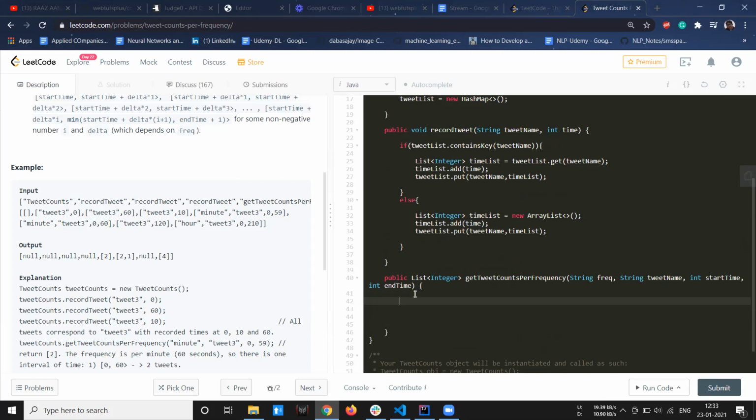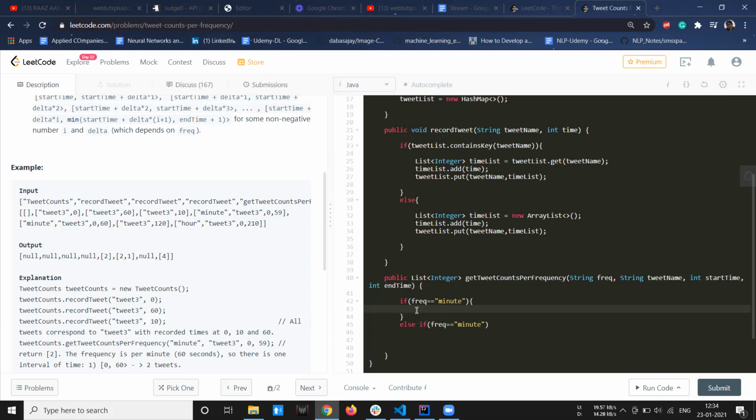If frequency is equal to minute, then... It's okay, we can do it later. Let's first implement the minute one, then we can copy it for the others. If frequency is equal to minute,